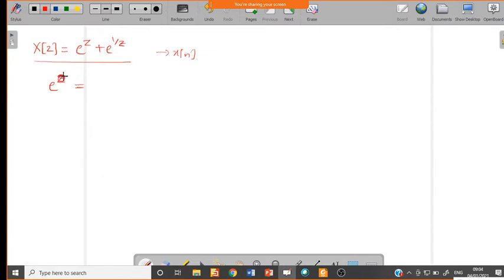There is a standard formula for e power z, or we can call it e power theta. The general form, e power theta, is given by 1 plus theta plus theta square divided by 2 factorial plus theta cube by 3 factorial, plus it will go on up to infinity. Now we can write this in the summation form: summation k equal to 0 to infinity, theta power k divided by k factorial. If you put in the values of k, you will get the same series.